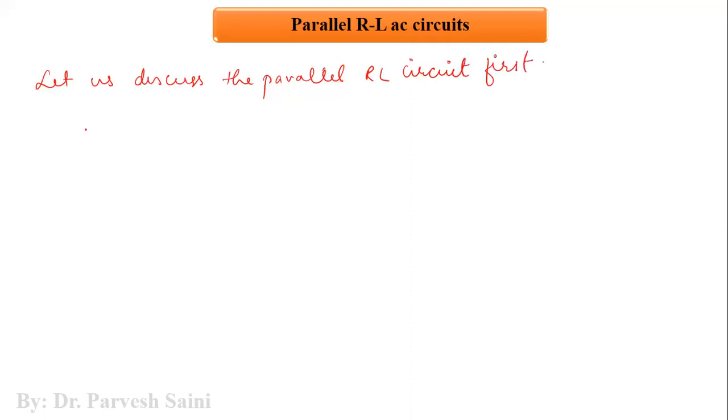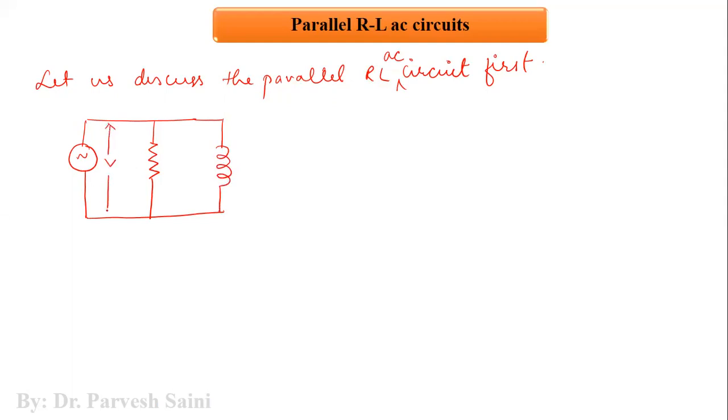So a parallel RL AC circuit is one in which we have an AC source, a resistance, and an inductor connected to one another in parallel to this AC source. So this is V equal to Vm sine theta, and we have the RMS values of voltage and current,